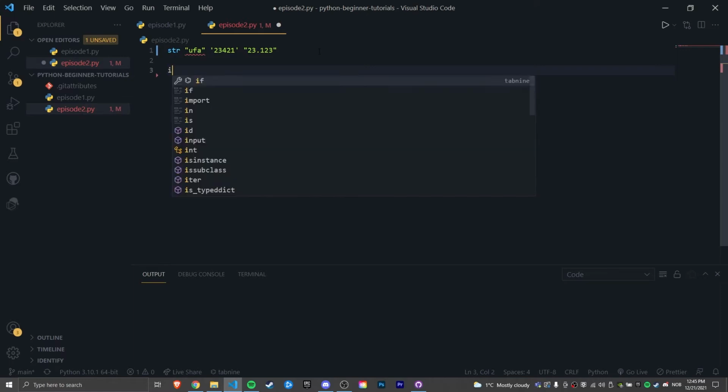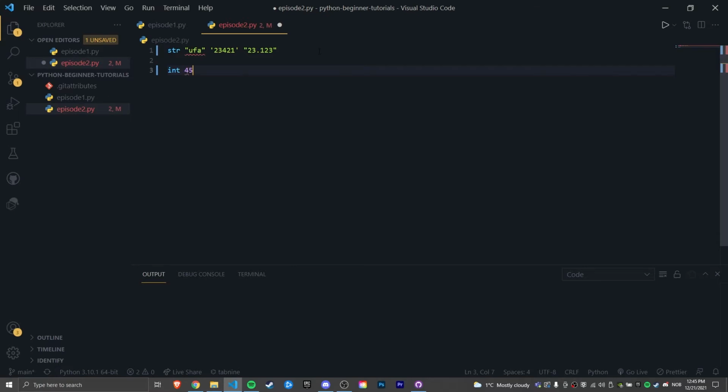You also have integers, or ints. These are numbers without points. So this is an integer, and this is an integer, and this is an integer. Yes, these are all integers. If you have points in your numbers, then it's a float. It would be like 45.3 is a float, or 90.23 are all floats. And then you also have booleans,